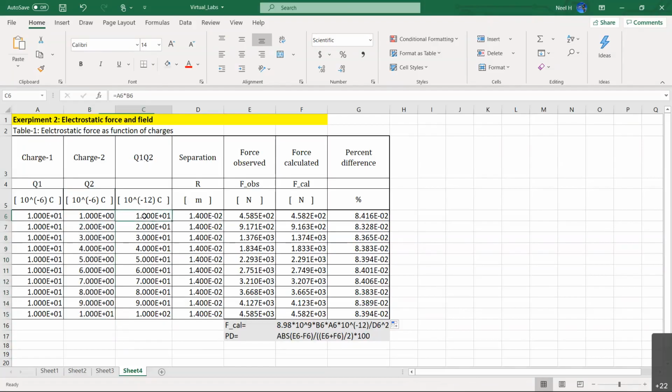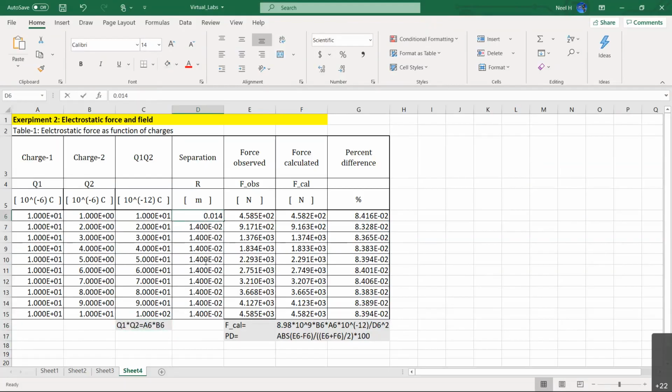And Q1 and Q2, just multiplying these two together. Let me copy and paste that function just below that column. That is to multiply Q1 and Q2, right? So Q1 times Q2. That is the function to get Q1 times Q2. If you want to see that, it is already there.